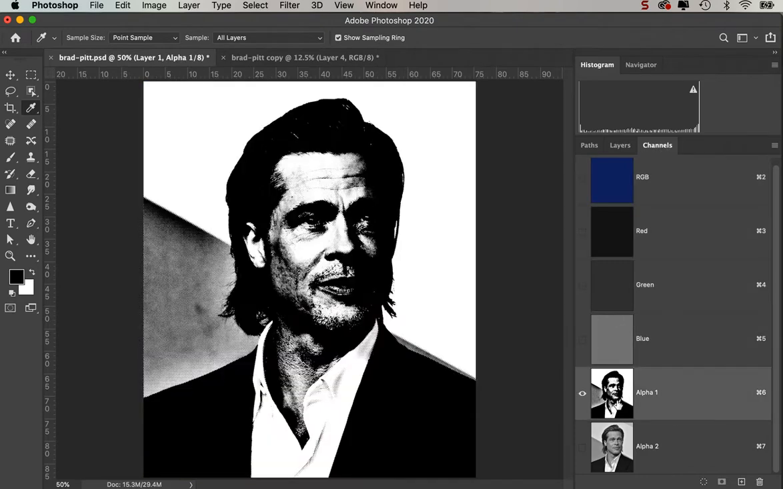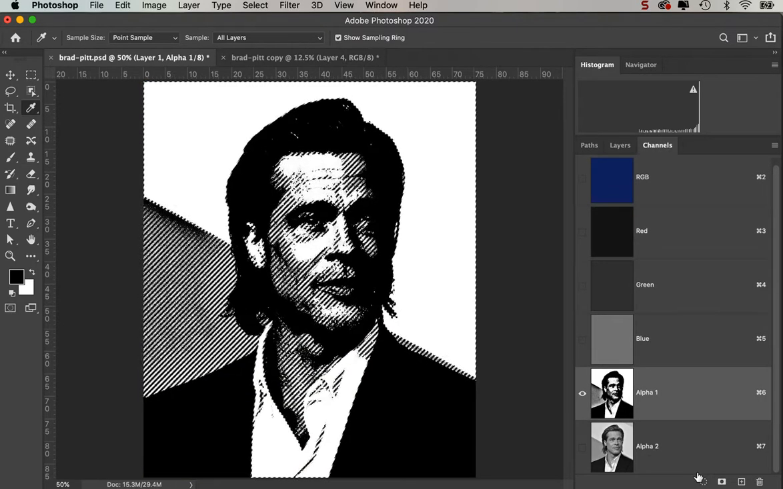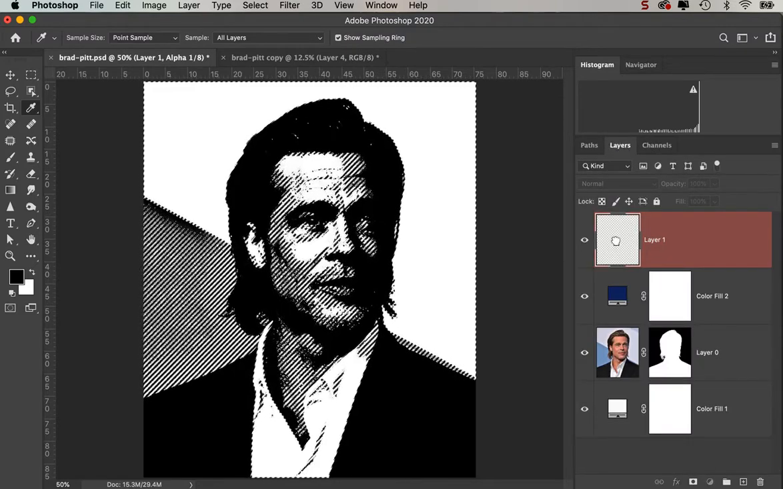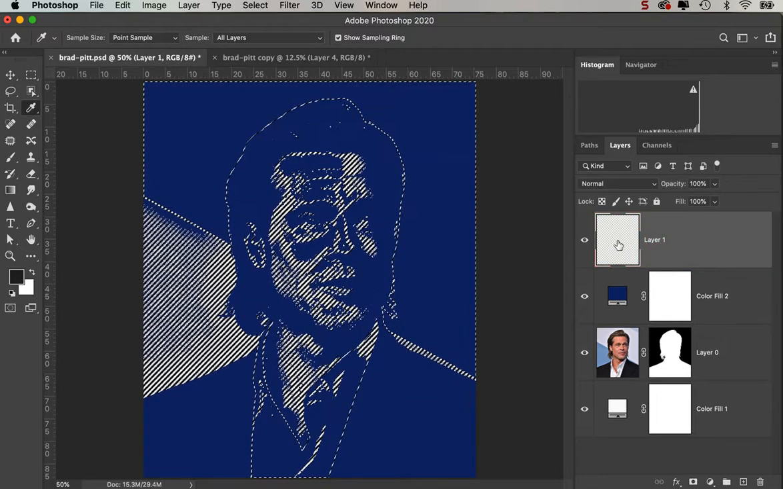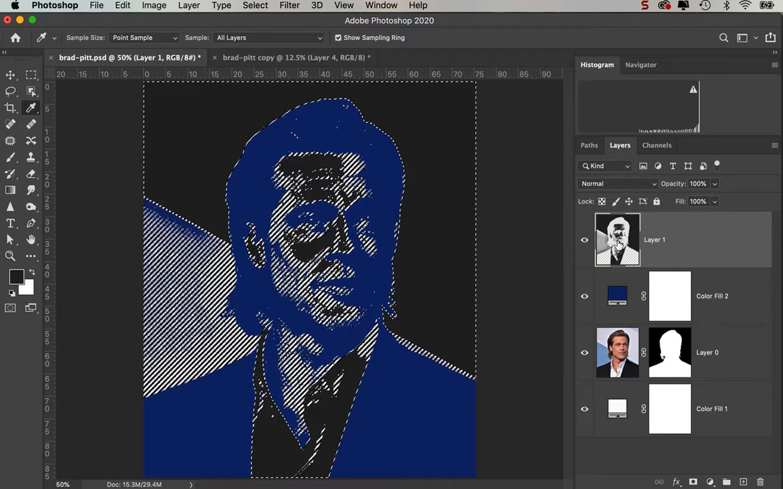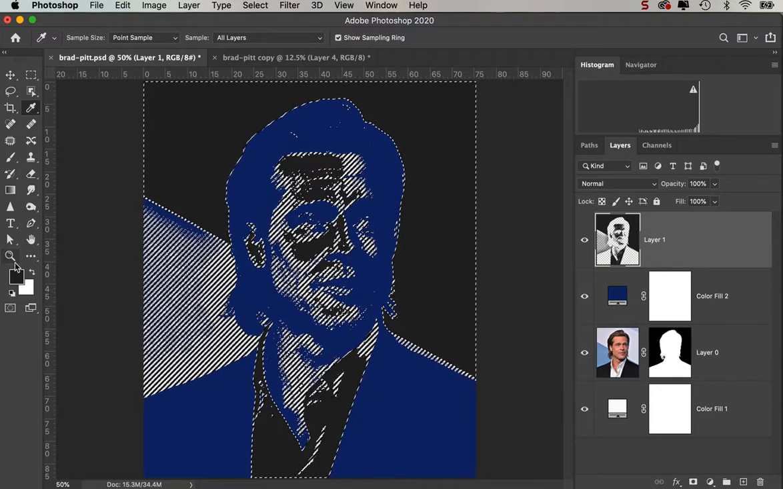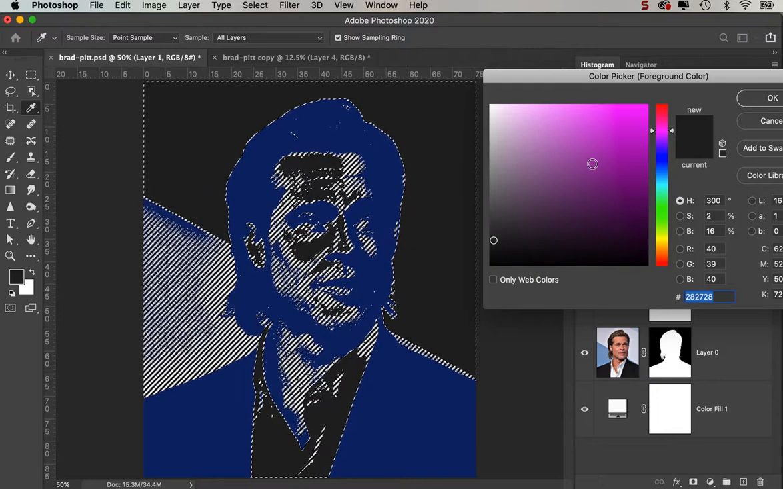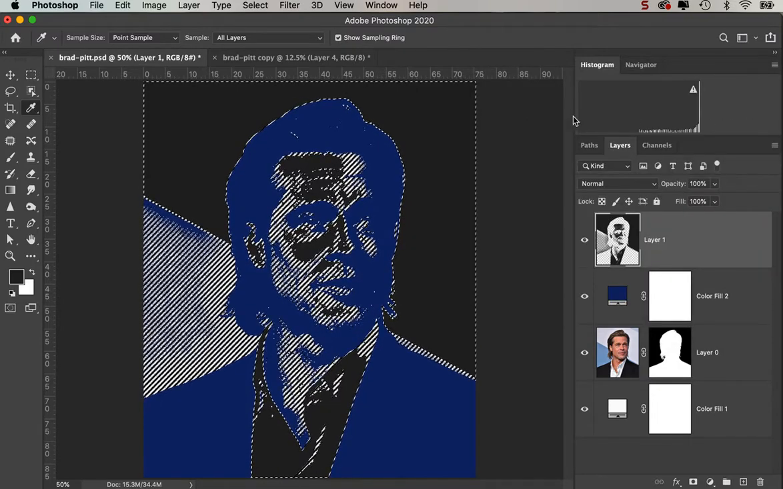I'll go to channels. I'll load this image that I've just made. Go to the layers, click on the layer, and I'm going to go Option, delete. Oh, it's filled with black, so I'll just change that. Actually,